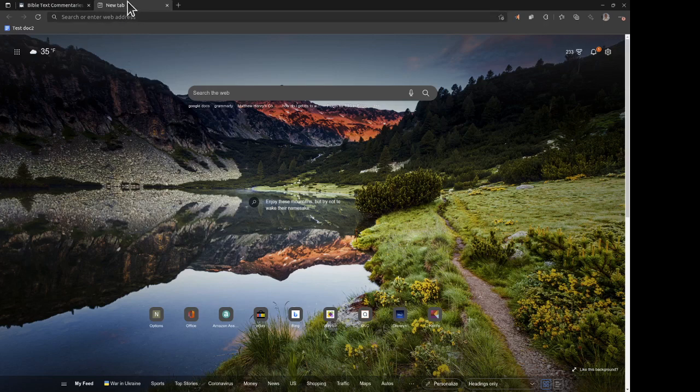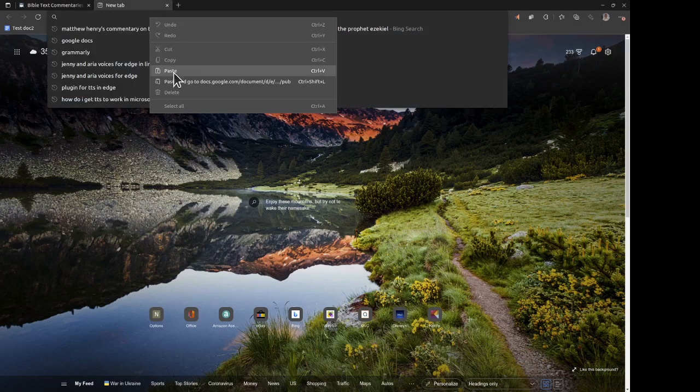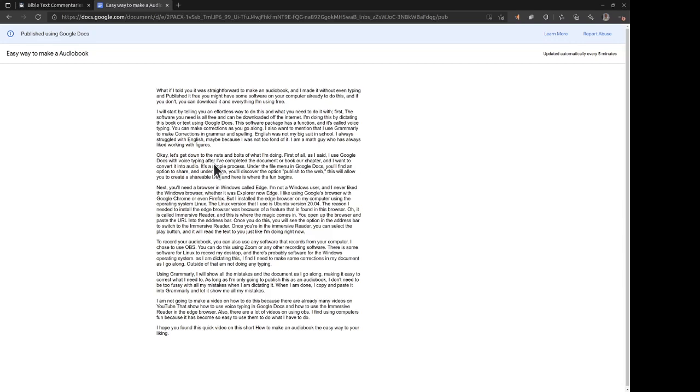I got a new tab open, and I'm going to paste that URL address right into the bar that we just copied from Google Docs. And there's that Google Doc. Now, if you look up in the address bar here, you're going to see this little icon, and that's the built-in feature of the Edge browser. I'm going to click on that,